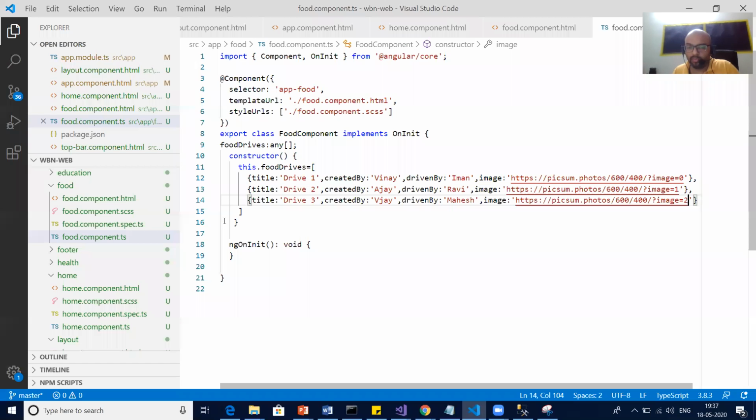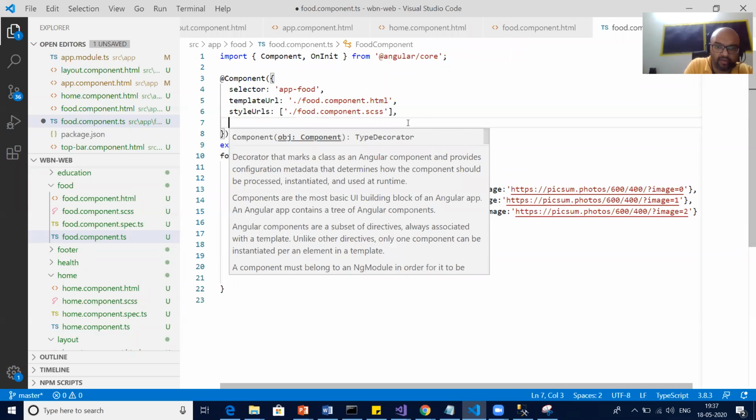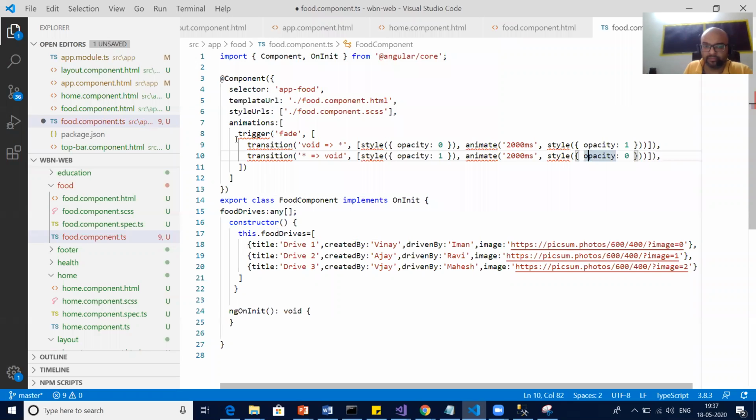What and how we add animation is, just after the style, we'll add animation. Animation is one of the metadata of your component, where you can see how we actually add the animation. First of all, we need to mention the animation type, what kind of animation we are going to put, right? One second, guys, my bad.